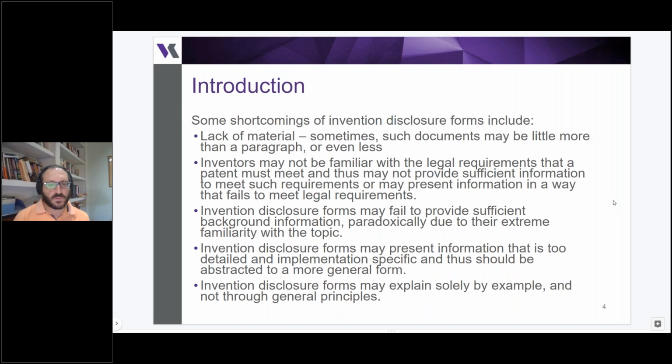And then also, it's possible that invention disclosure forms explain only by example and not through general principles. This is, I wouldn't say extremely common, but it happens where inventors will explain a technique just by showing how the data that they're talking about gets manipulated, things like that. And if you just include that information in the patent application, it's very hard to derive claim language from that. So that's a way that an invention disclosure form can